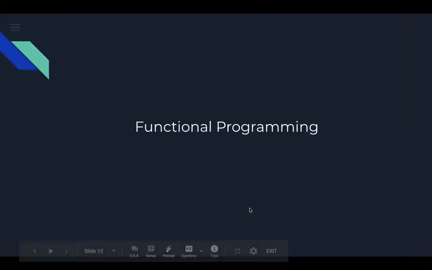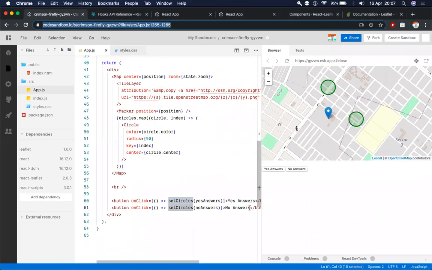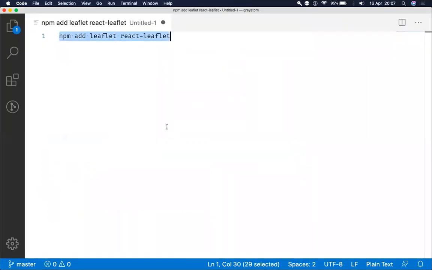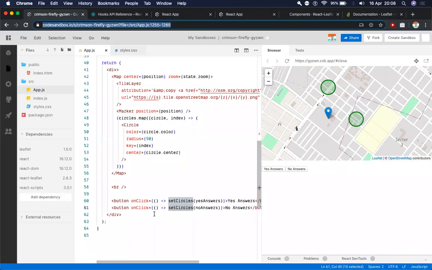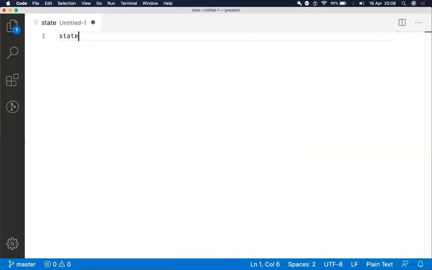And now, yes, I was talking about functional programming. Functional programming is a different paradigm. Declarative programming is a paradigm which is a subpart of functional programming. In functional programming, your application consists of some states, or let's say a single global state.